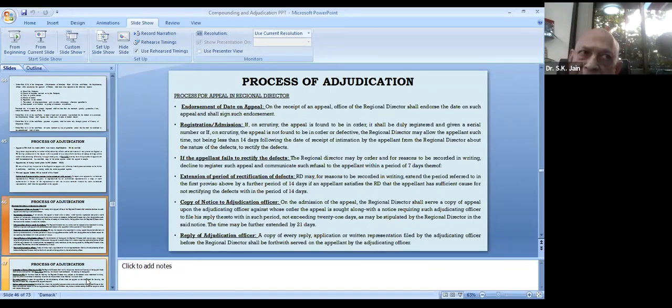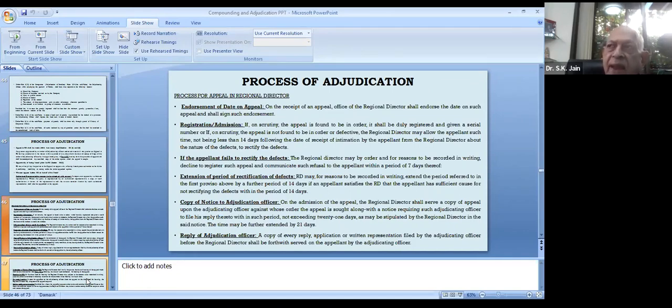Now, the adjudicating officer has passed the order and an appeal has been filed, so notice will be served to the adjudicating officer, and he will also file his reply. Now, in adjudication proceedings, at the time of hearing, a presenting officer from the ROC office is also appointed, and he presents the case before the adjudicating officer, because he is